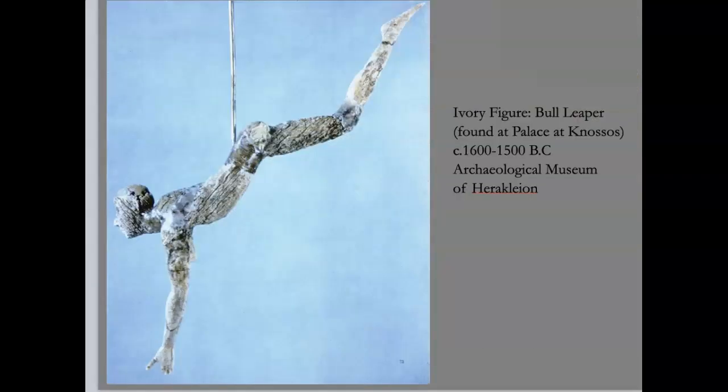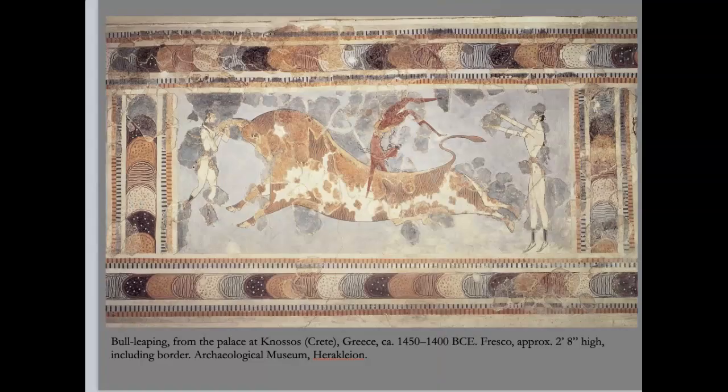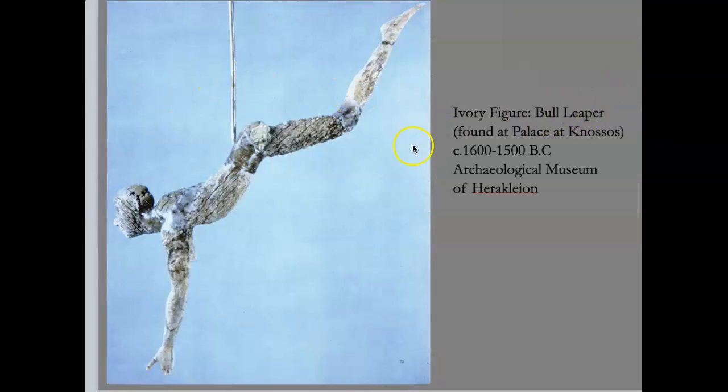What's interesting is there was this little sculpture found made out of ivory, and it's believed to be connected to this, to what's going on, that it's a bull leaper, right? So maybe this was kind of their trademark sport that they were known for. And I love kind of the light, beautiful energy. And look at the detail here, guys. Look at the arm and the muscles, right? Look at the way the head is tilted back. So that's a really beautiful thing.